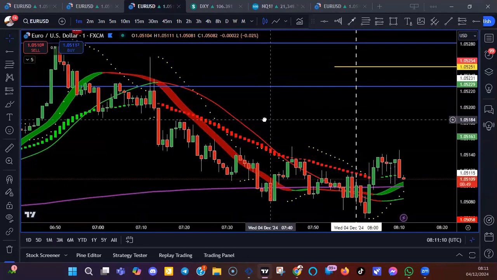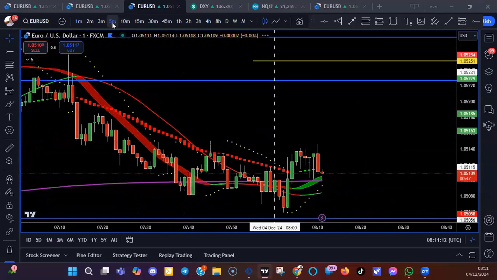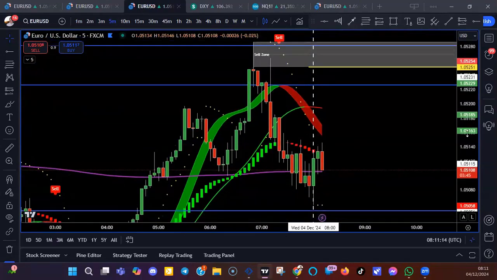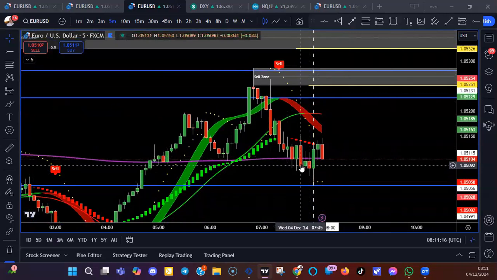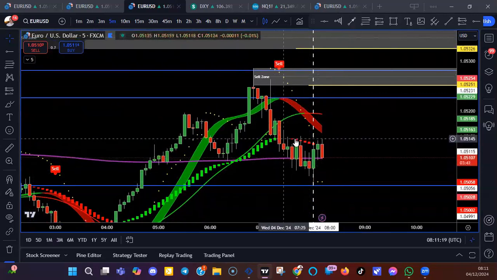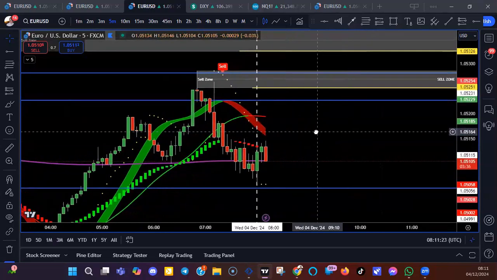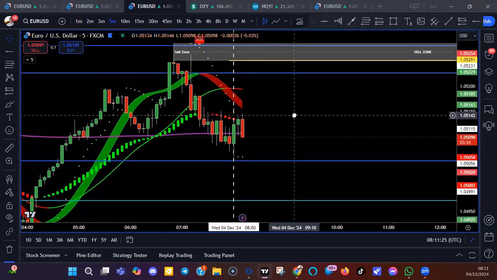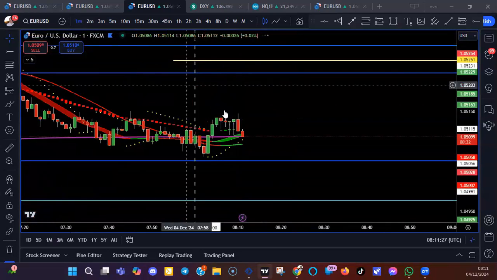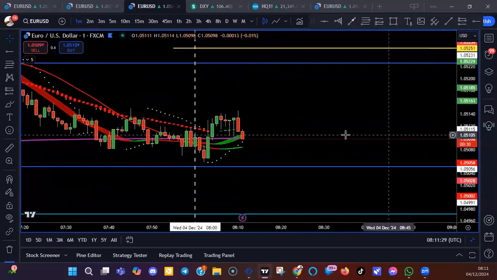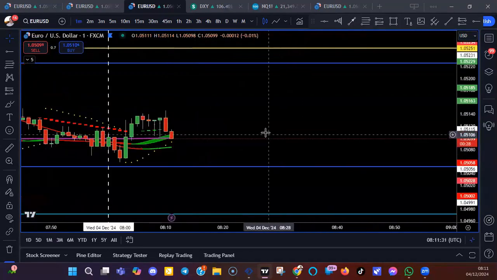See how easy it is to see? Usually you have to go up to the 5 minute to see that, but yeah, all this here is consolidation. We're right in the middle between the zones. The news at 8:15 could drag it one way or the other,